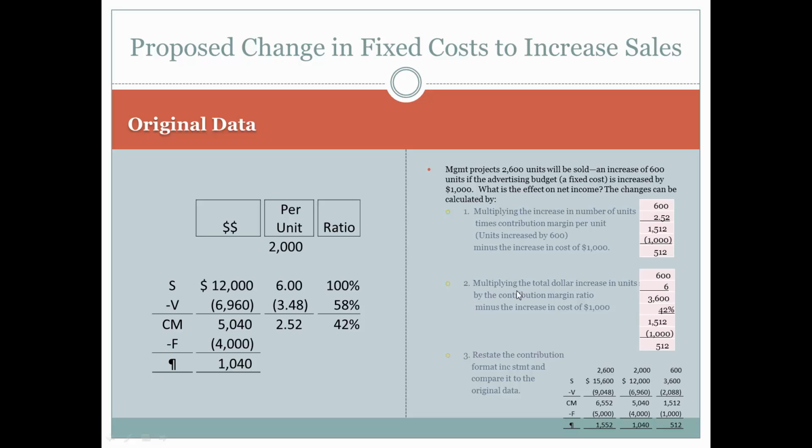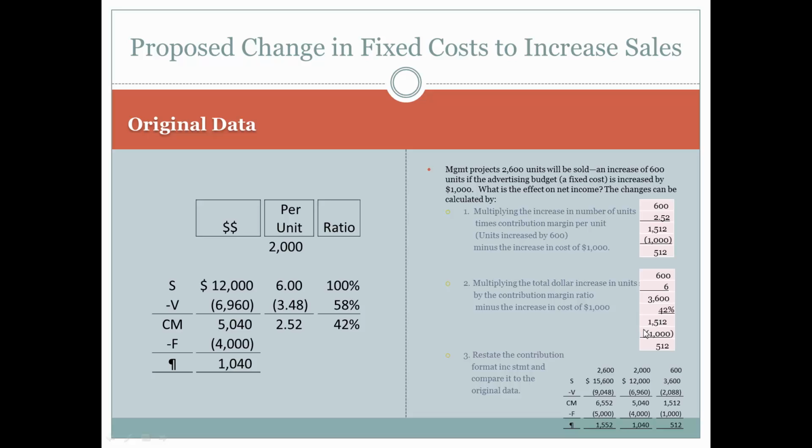Additionally, we can calculate it another way. We can look at 600 more units that will be sold times the $6 selling price, which means our total sales will go up by $3,600. We multiply that by 42%, which is the contribution margin, 42% of the sales. We expect 42% to remain after taking into consideration our variable expenses. 42% remain to contribute to profit and expenses. So this means that it'll be